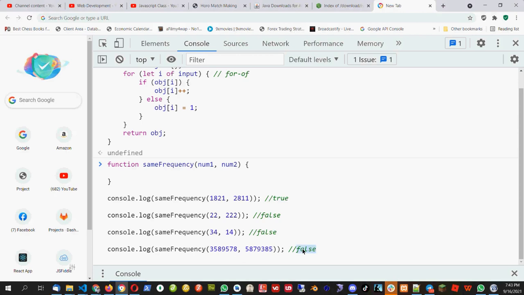Yes, both are of same frequency, so I will make it as true. So now what I will do, I will write down this function and I will implement that both should have the same frequency. So the step 1,